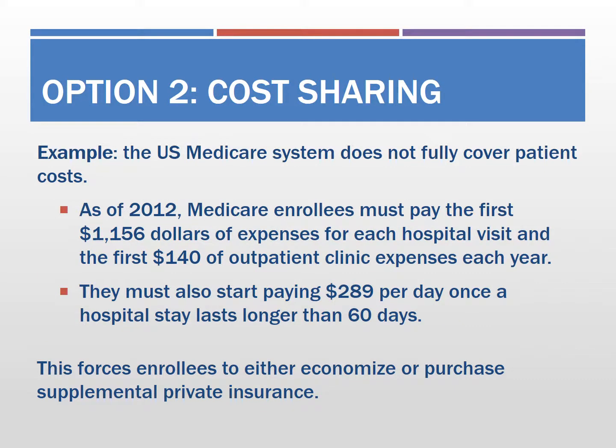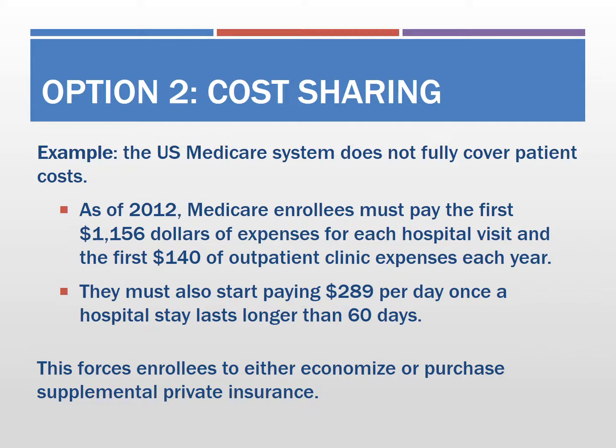So an example for this kind of problem is the US Medicare system, which doesn't actually provide full coverage for patients. As of 2012, Medicare enrollees must pay the first $1,156 of expense for each hospital visit and the first $140 of outpatient clinic expenses each year. People under the Medicare system must also start paying $289 per day once the hospital stay lasts